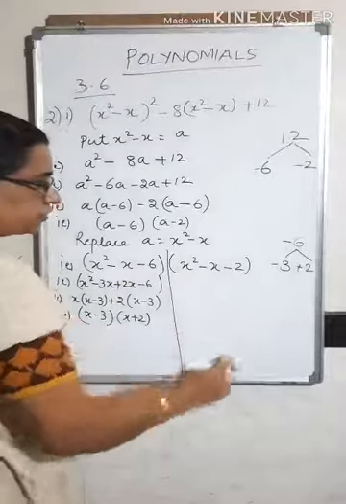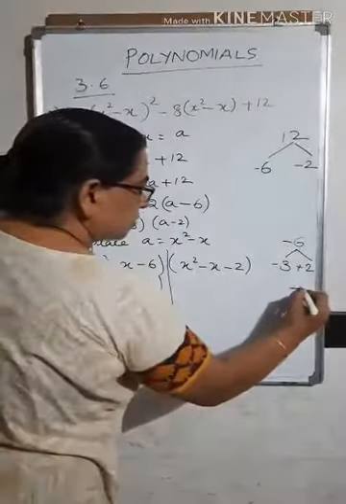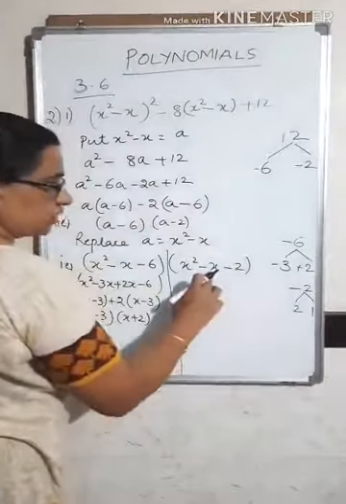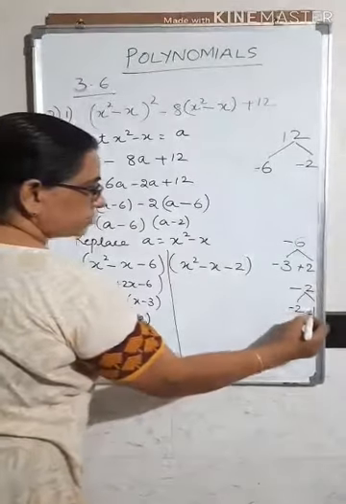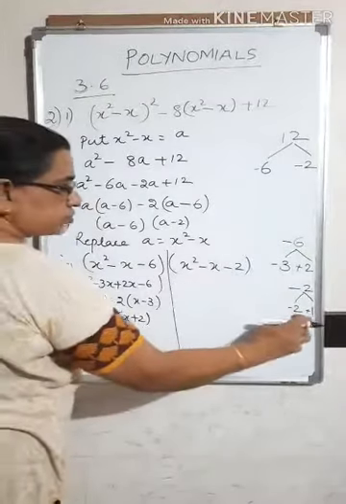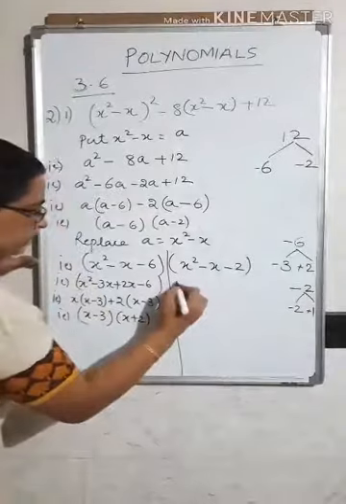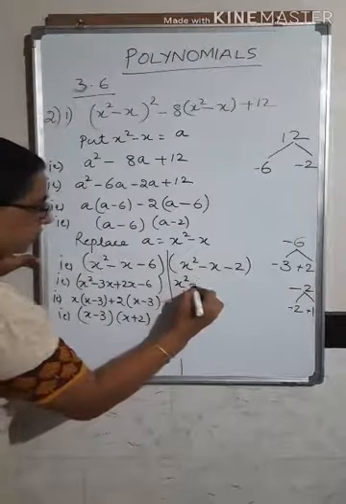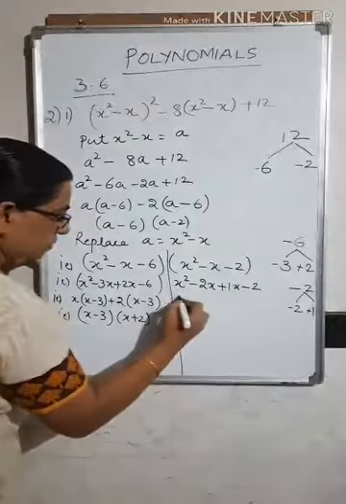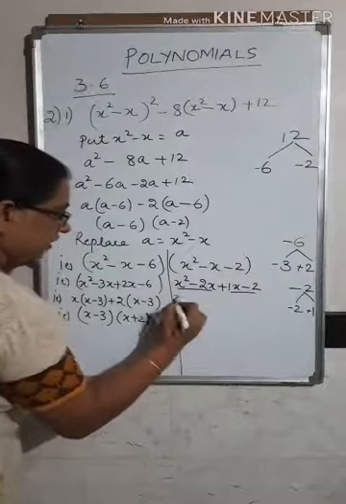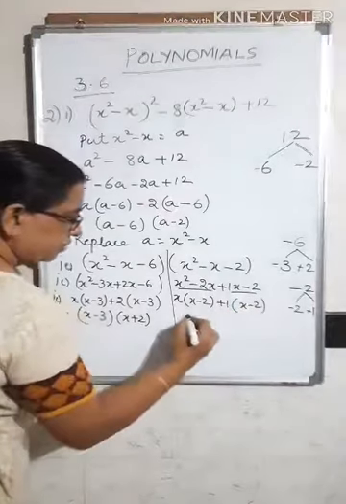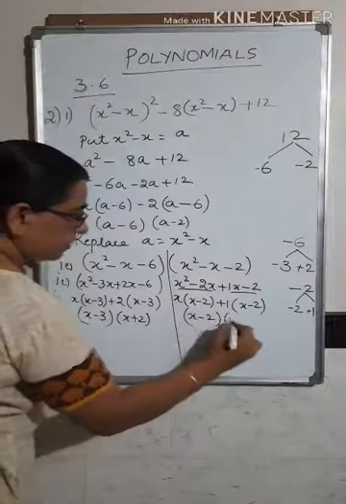Same way you have to find out the factors for this. To find the factors for this, you have got minus 2. Factors are 2 and 1. So 2 minus 1 is 1 you get. So the signs will be minus 2 and this will be plus 1. Minus 2 plus 1 is minus 1. Minus 2 into 1 is equal to minus 2. So simplifying this, you will get x square minus 2x plus 1x minus 2. So taking out the common factor, you get x into (x minus 2) plus 1 into (x minus 2). So you get (x minus 2) into (x plus 1).